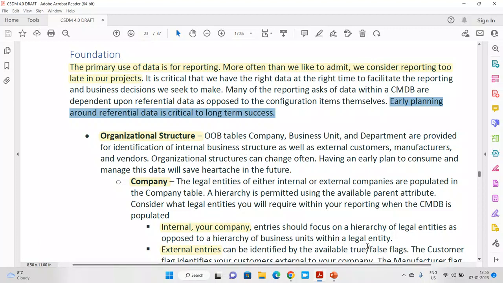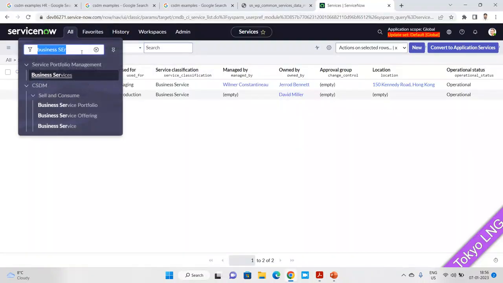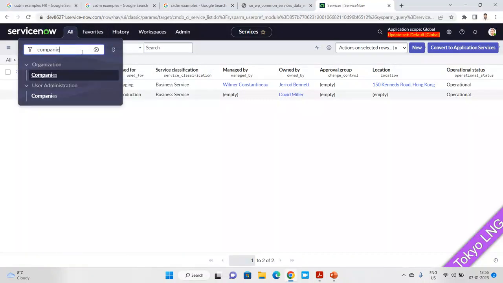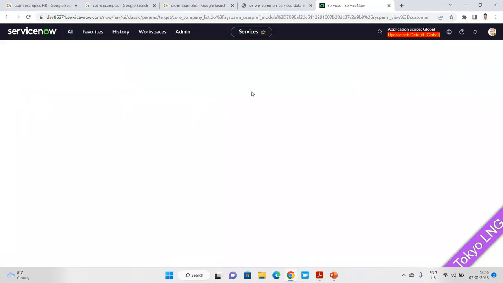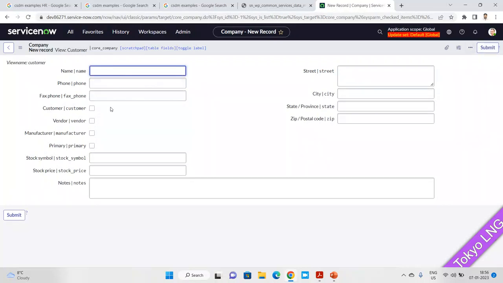And what this says in the foundation data, all are out-of-box tables. Company, business unit, and department are the number one tables, or the topmost tables, for which you have to bring the data. Now a company can be internal or external as well. So if I go here, I can show you companies. You can see here. First of all, you have to create the company. Your company can be a customer, a vendor, a manufacturer, or primary. So if you see here,